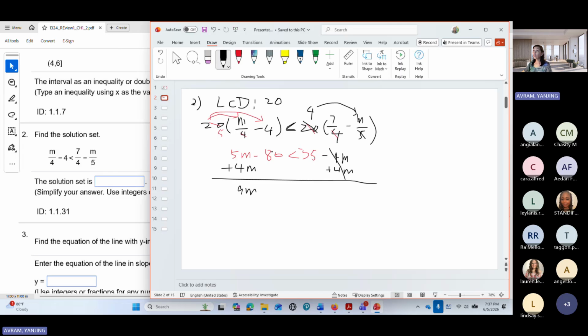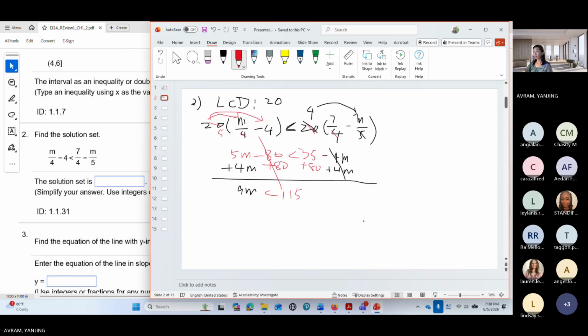All right, and I also need to get rid of this 80 on the left-hand side. So this is minus 80. In order to get rid of this one, I have to plus 80. And remember, we have to do the same thing on both sides. We need to treat everyone the same, right? So this cancels out, all right? And then we have 35 plus 80, so that's